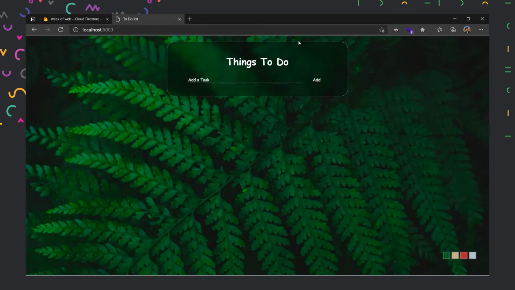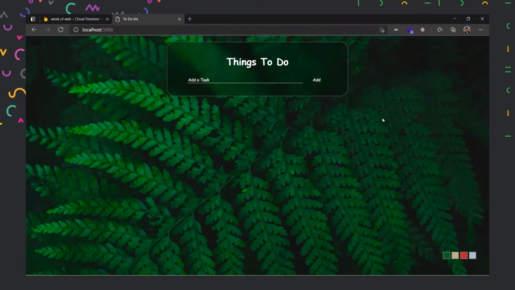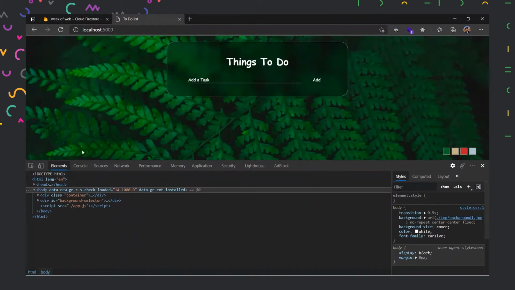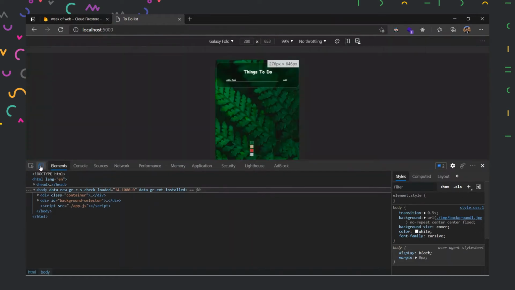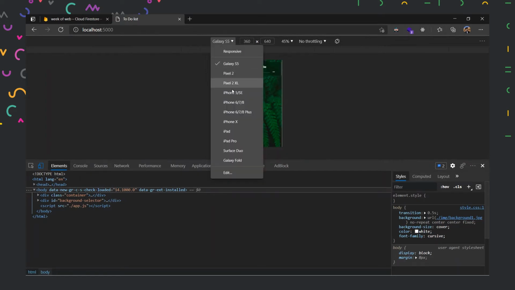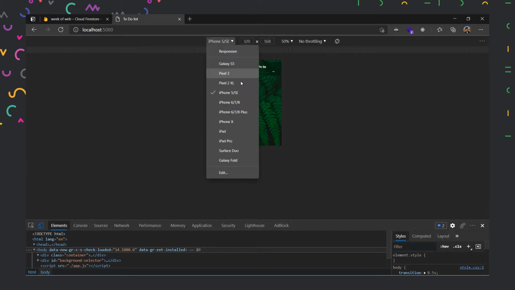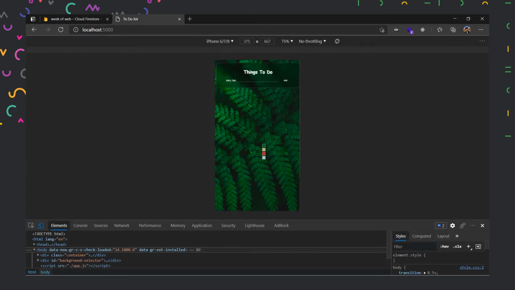Let us check whether our website is responsive. Inside our Chrome developer tools, we have something called toggle device emulation. For a Galaxy Fold, the website looks like this, and for iPhone 6, this is how it looks. As the list increases, the height will automatically increase as well.